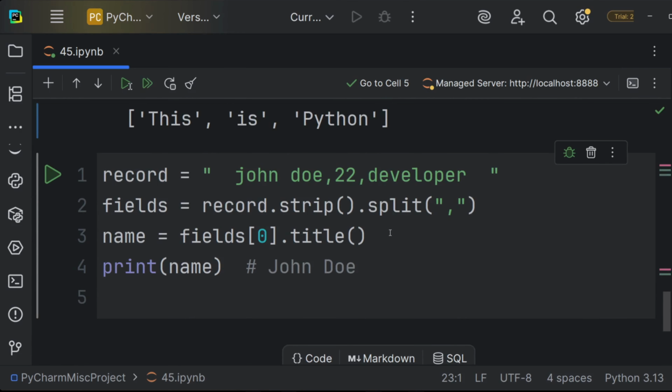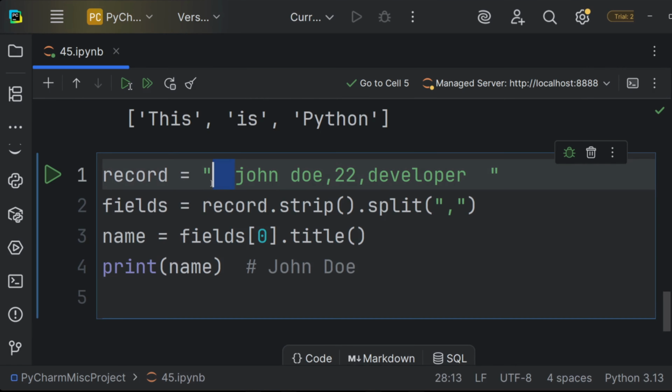Let's do a real world example. You get a messy line from a CSV file and you want to extract the name and fix its casing. So the record holds John Doe to be a person, his age to be 22, and his occupation to be a developer. But then this record is quite messy.